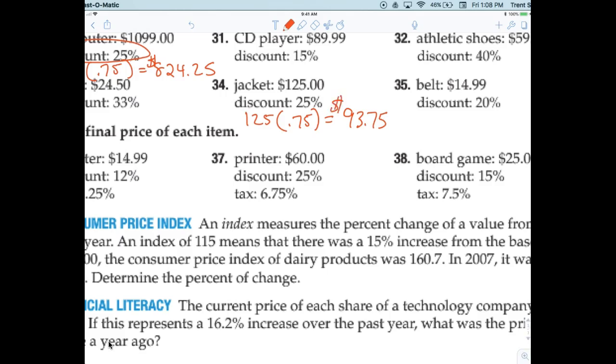$93.75. That's good. Okay, now I need some help on number